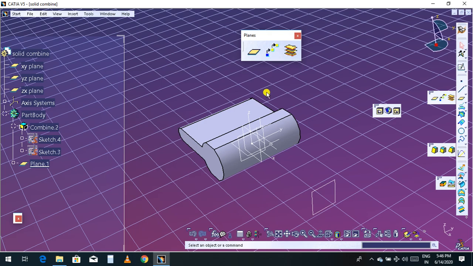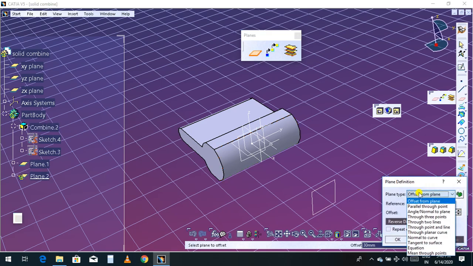So this is a plane. I have completed one type of plane. This is another type, which we'll discuss in the next video. In this plane there are several types. So just click OK. Now here are the several types of plane you can choose from. Let me confirm: I completed offset from the plane first, then second one parallel through point, then angle to the plane. Then you can see the several options you have.